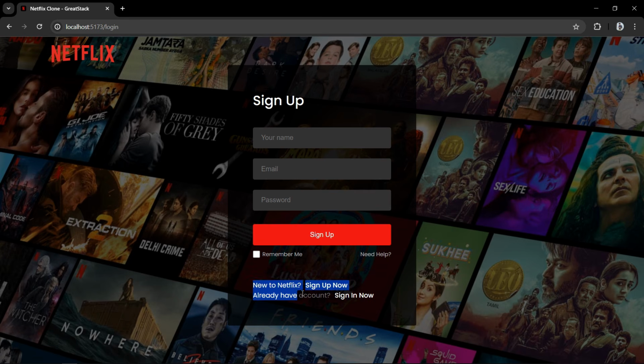Right now both text are displayed here, so we have to hide one. It will only display the second one, which is sign in now, and when we'll click on this sign in now it will display sign up now, like that. For that we have to create one state variable.